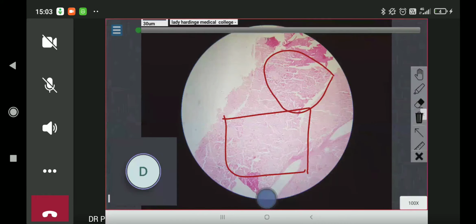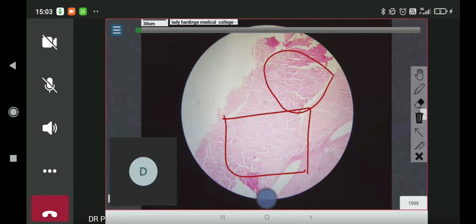Number two, if you don't have Congo red, what else can you do? Methyl violet. Crystal violet. Birefringence. Methyl violet is used as a metachromatic dye. It will give a pinkish color, purple pink color. Then somebody said green birefringence. Under which microscope will you get apple green birefringence?